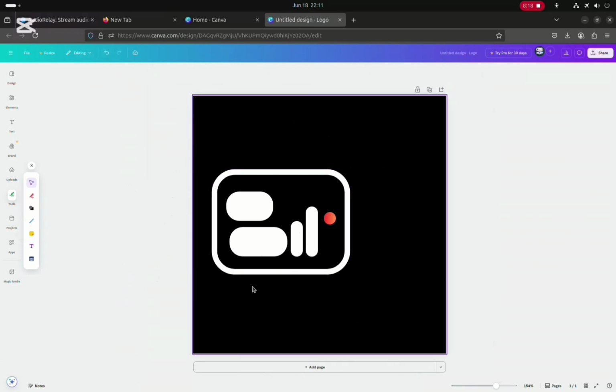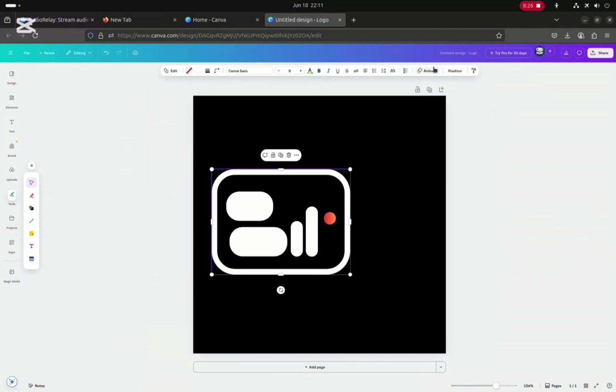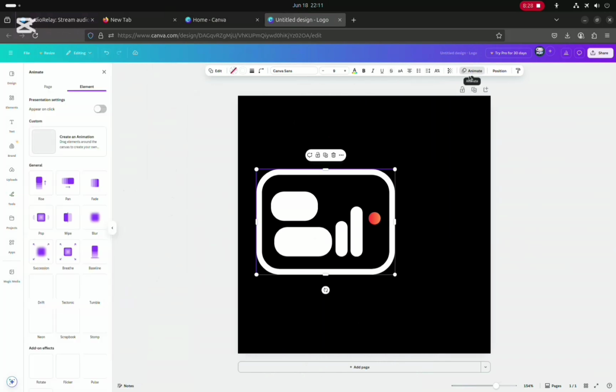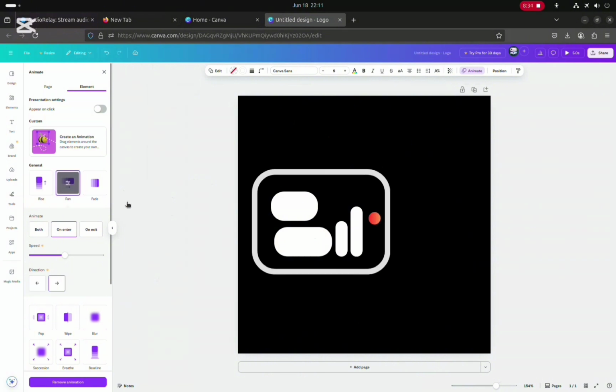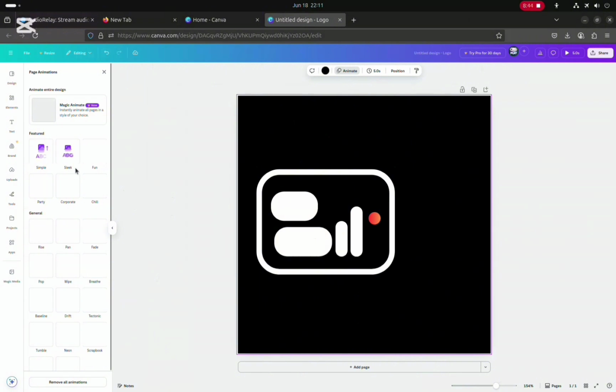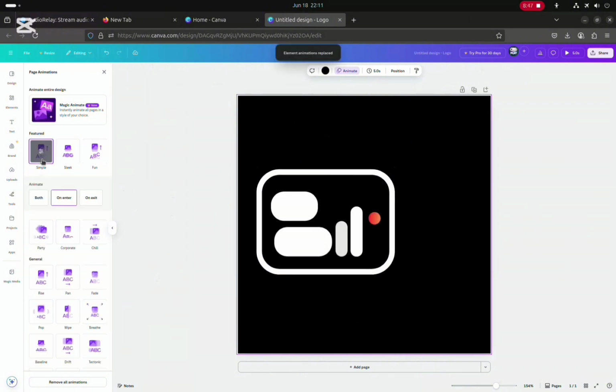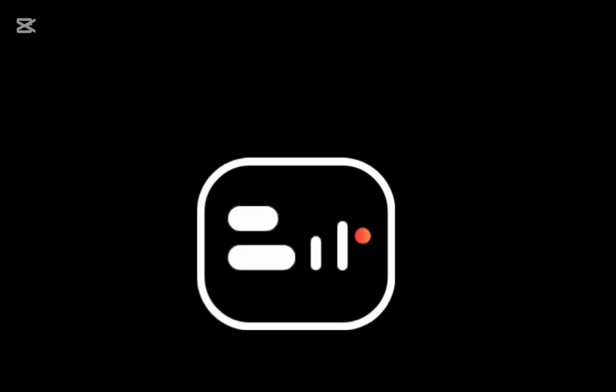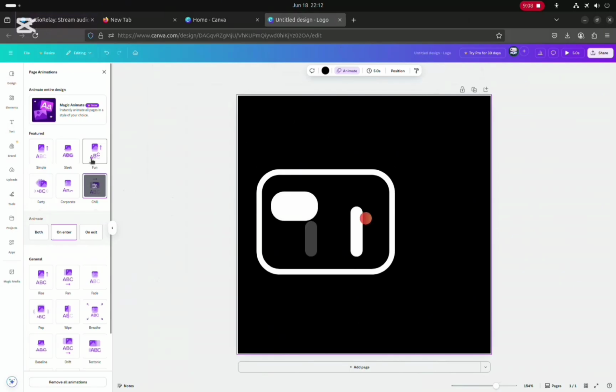And yeah, this is what we have, and let's notch it up a little bit. So select, and then we wanna add animations. Right here you can see animations. Click on animations. Here are different types of animation. So we're gonna do the animation for the whole thing, not just this animation. Different styles,